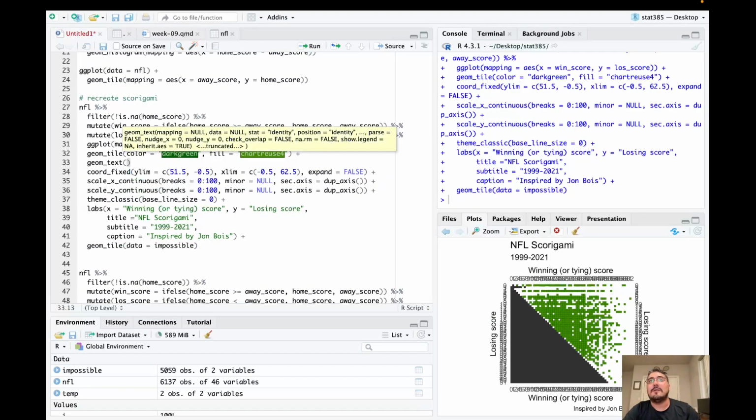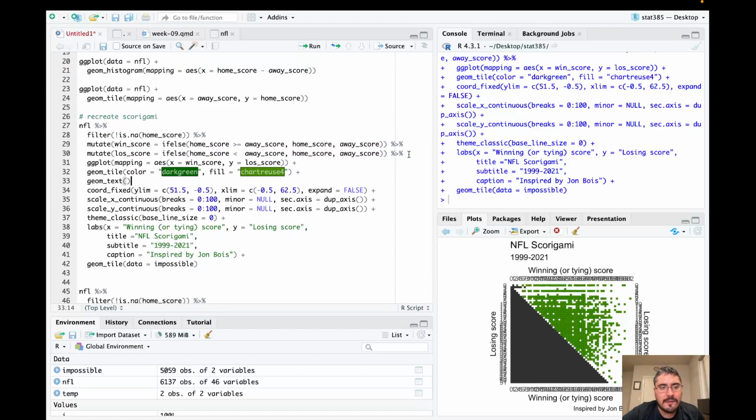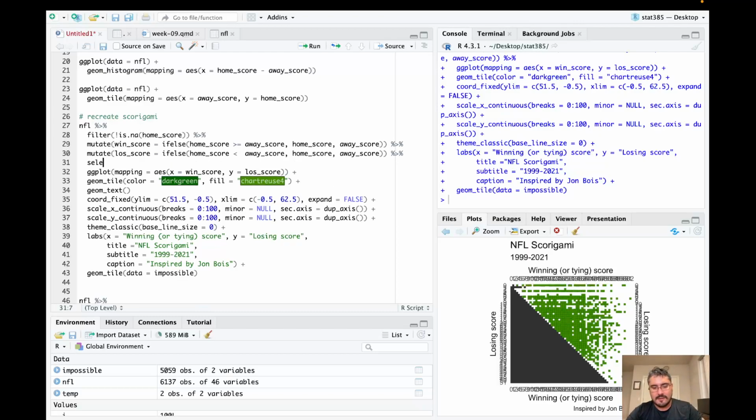Oh, that's right. Okay, so I need to do a little bit more. I actually need to get the count information first before I can display the text. So select. Oh, no. Okay, so sorry. Everything depends on win score, lose score, so I can just select those variables, first of all. Win score,